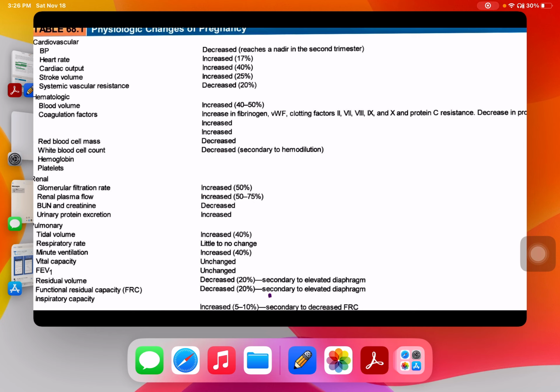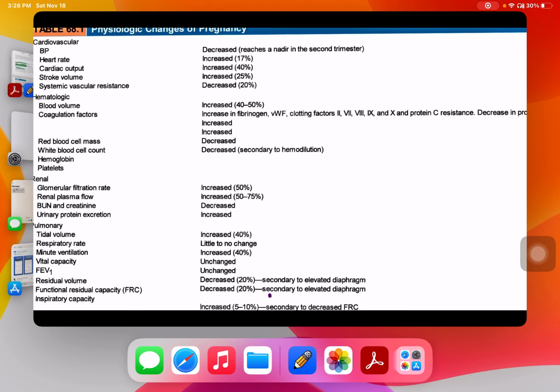Blood pressure decreases, heart rate increases by 70%, cardiac output increases by 40%, stroke volume increases by 25%, vascular resistance decreases by 20%, blood volume increases by 40%, coagulation factors increase, red cell mass decreases, WBC count decreases, glomerular filtration rate increases, renal blood flow increases, blood urea and creatinine decrease, urinary excretion of protein increases,